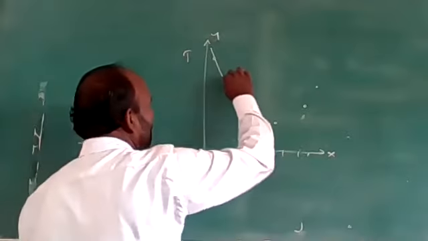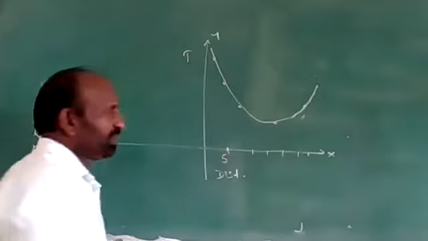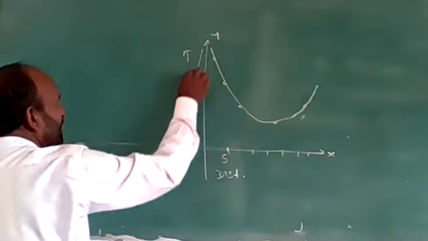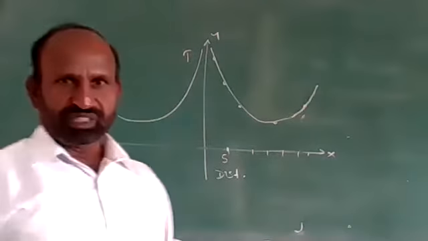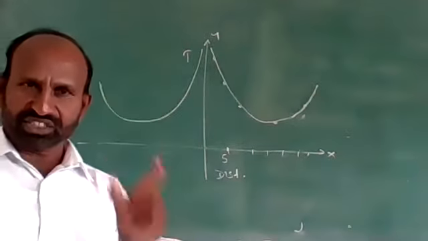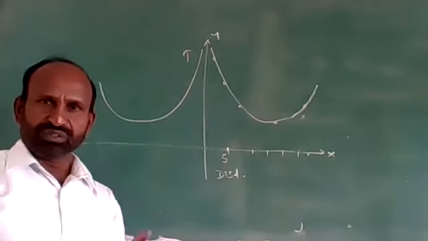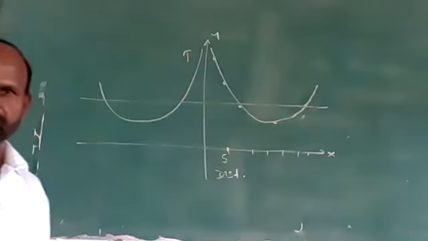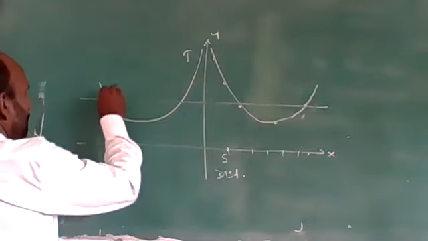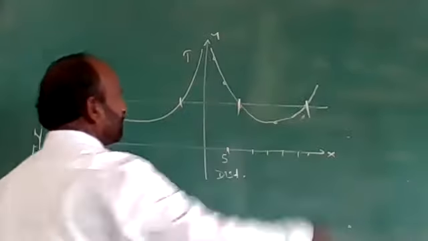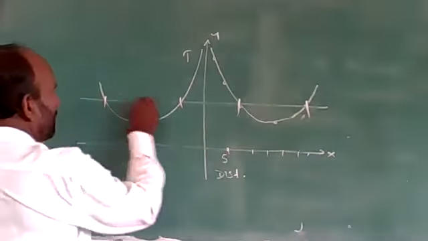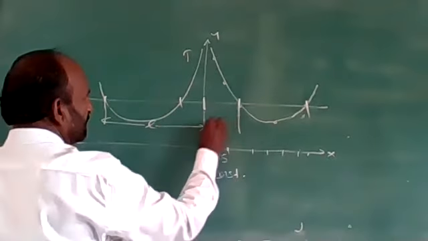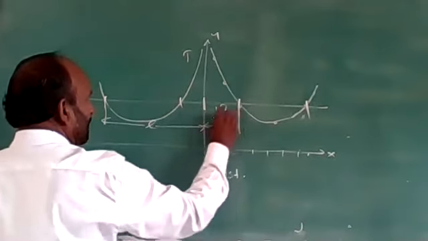Because if we plot a graph like this, this will be the nature of the curve. And the same graph is obtained when the bar pendulum is inverted. Like this. Means we get two symmetric curves about the y-axis. And these two curves are used to find the acceleration due to gravity. If we draw a horizontal line parallel to the x-axis, then that line cuts at 4 points, 1, 2, 3, and 4. These are 4 points. From this point to this, the distance is small l, and this distance is k square upon l.